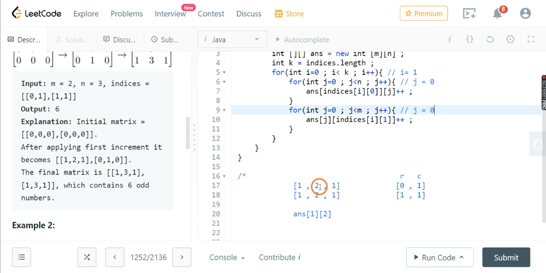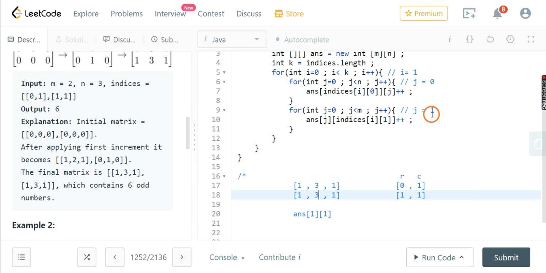So j is initially 0, which means answer at 0 comma indices at I comma 1. I was 1, indices at 1 comma 1, so this will be 1. Increment answer at 0 comma 1. Now j will become 1, increment answer at 1 comma 1, this will become 3.